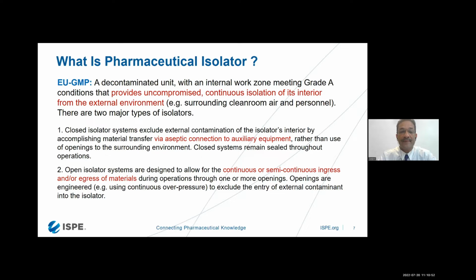It gives a lot of assurance in terms of the sterility assurance. So there are two types of isolator systems. The first one is called the closed isolator system, which excludes external contamination of the isolator's interior by accomplishing the material transfer through an aseptic connection, which will not compromise any of the